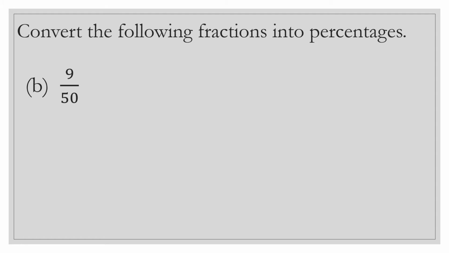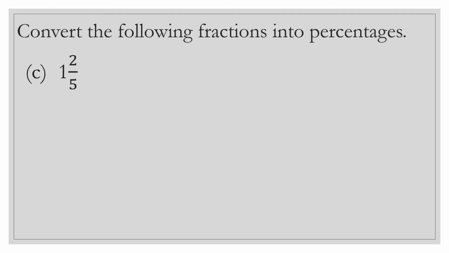Let us solve one more question. Question number B. Convert 9 upon 50 into percentage. Convert into percentage means multiply the fraction by 100 and put the percentage symbol. That means write 9 upon 50 multiply by 100 in bracket and put the percentage symbol after bracket. Now simplify. See, 50 and 100 both are divisible by the same digit 50. So divide. 50 ones are 50 and 50 2s are 100. Now it cannot be further divisible. So do the multiplication. 9 2s are 18. So we get 18%.